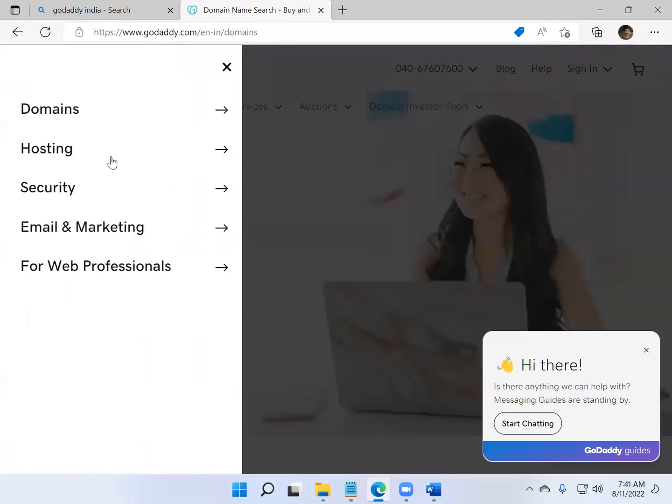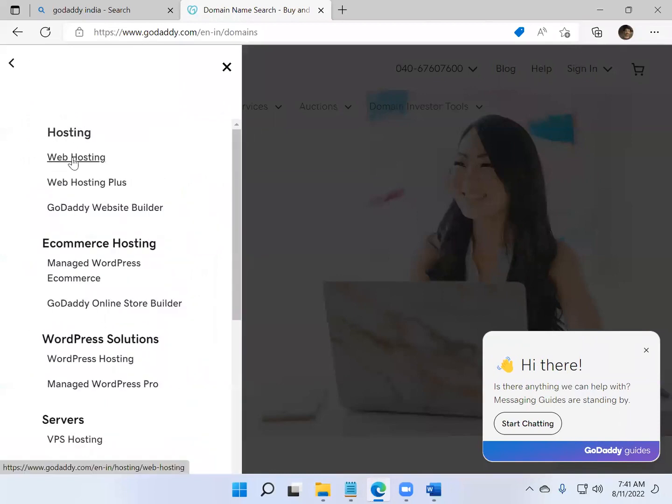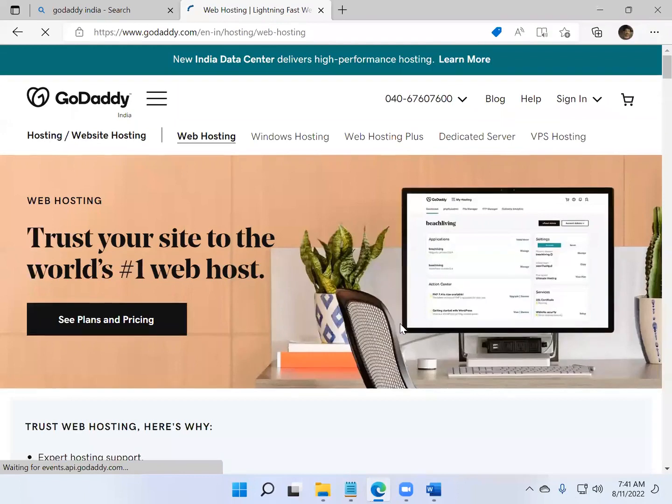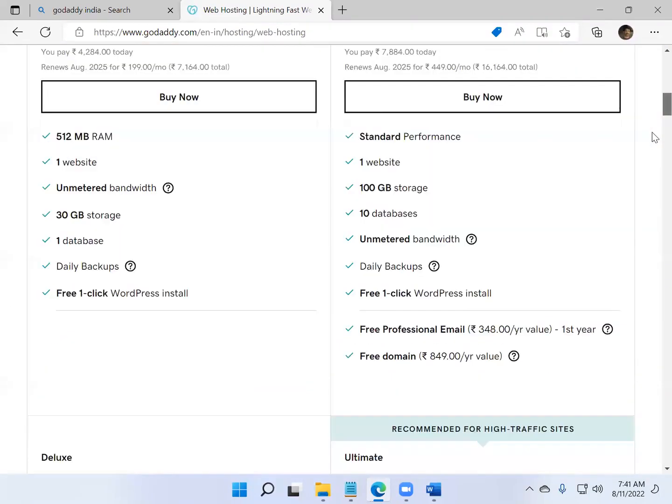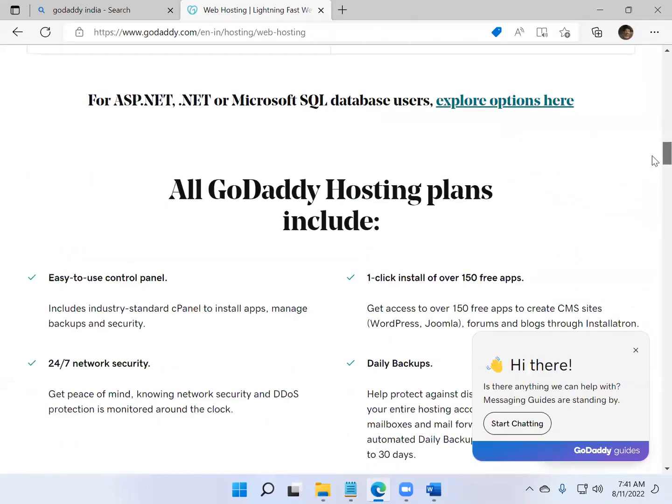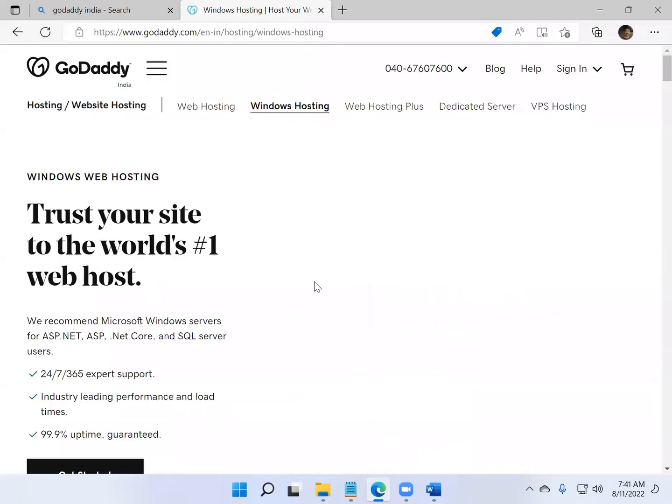Apart from that, you'll find hosting, what is that? Web hosting. Scroll down; last class we saw options for ASP.NET here, Windows plans. Right now, by default, what you see is Linux plans. If you scroll down, you'll find the Windows plans for your ASP.NET and .NET applications.